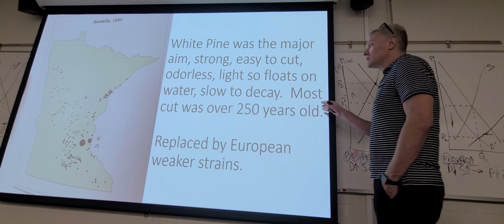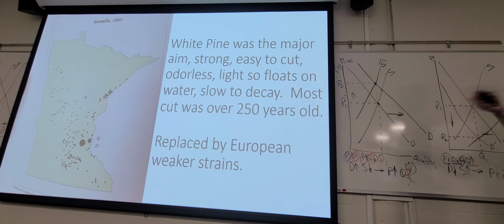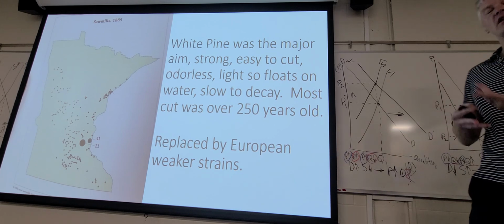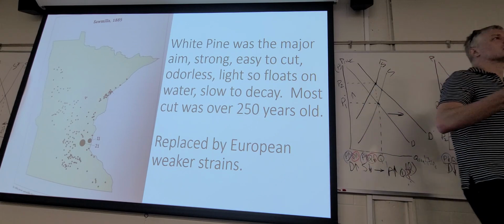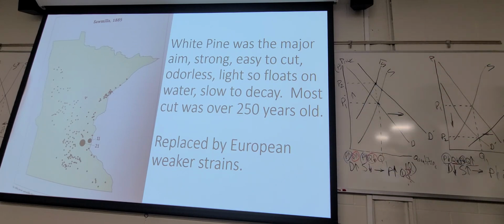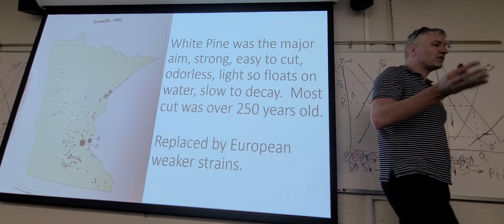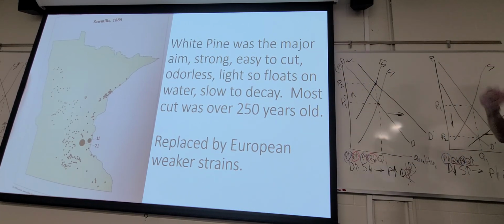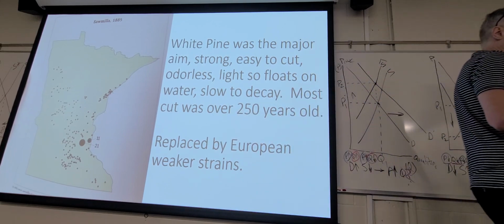A lot of these trees, it's interesting actually, because we've talked before about how much of Minnesota was already being farmed by Native Americans right before settlers came in. If you study older history, you'll know that Europeans introduced a lot of diseases into the Native American population, and in all of the Americas, a very large percentage died off. So a lot of the trees that came about were specifically in lots of land that had been farmed, but they grew over, just like any area, if you let it be, plants and animals will come back. So a lot of these trees were specifically the age of that great amount of people